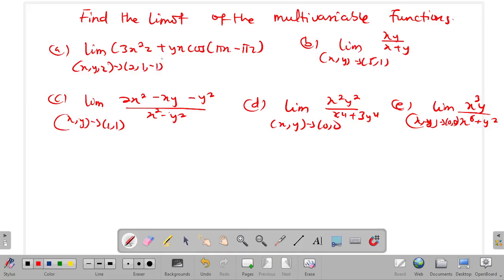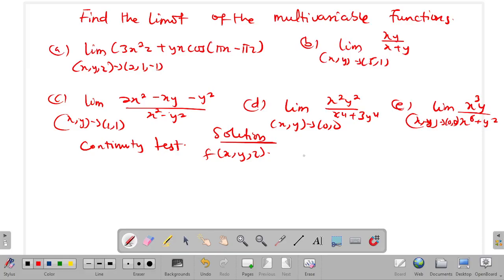The first problem I have here is a straight problem, but before then, let me give you the algorithm for finding the limit of any function, okay? So to find the limit, the first thing you do is you ask yourself, is the function continuous? So you do your continuity test, okay? After doing your continuity test, if it is continuous, your limit becomes your functional value, f of x, y, or z, okay? If it is not continuous and it is discontinuous, then the next thing to do is